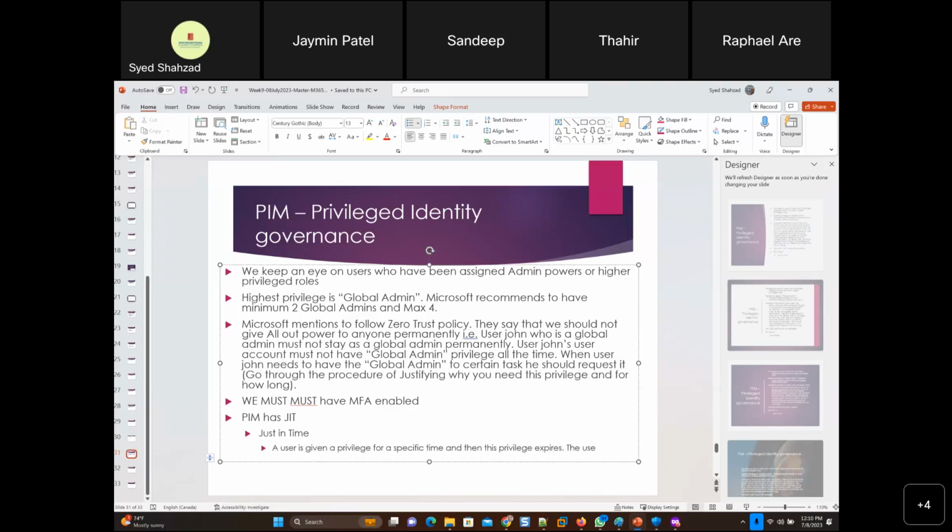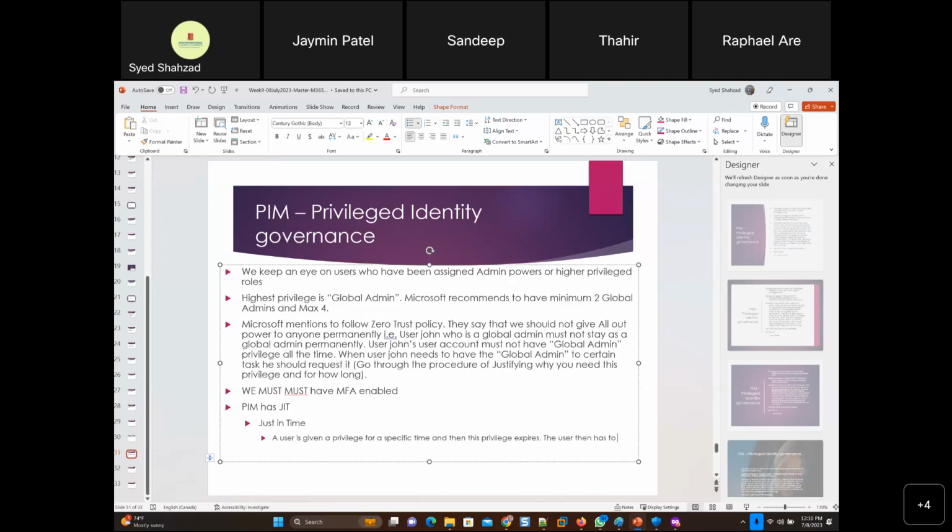The user then has to go to his email, click the link, go to the page, and activate this role again for a specific time with a justification. So that's all you need to remember for the interview.